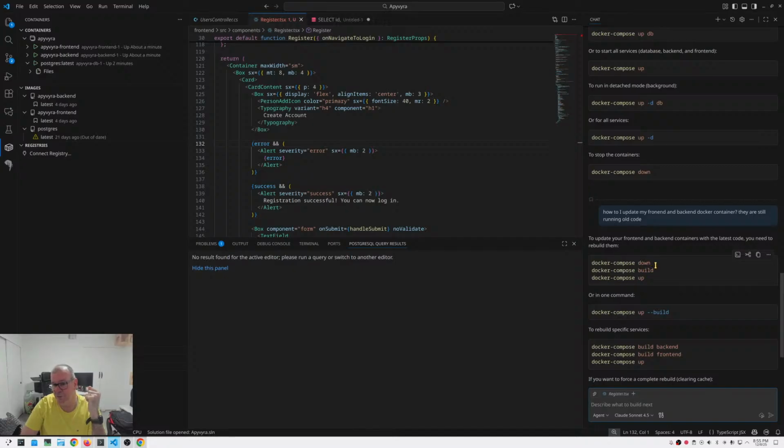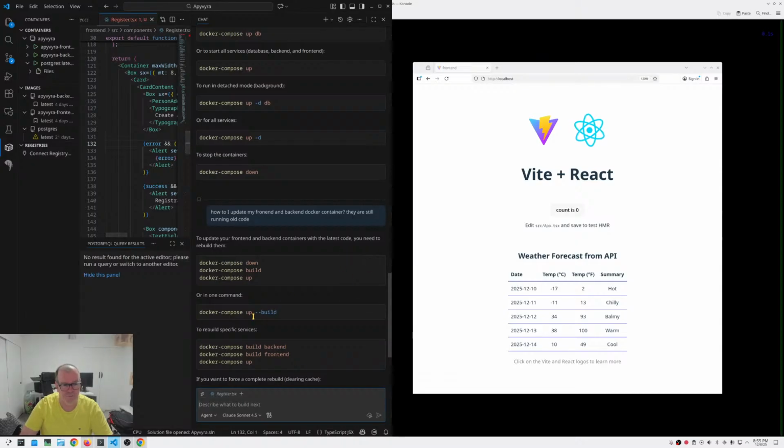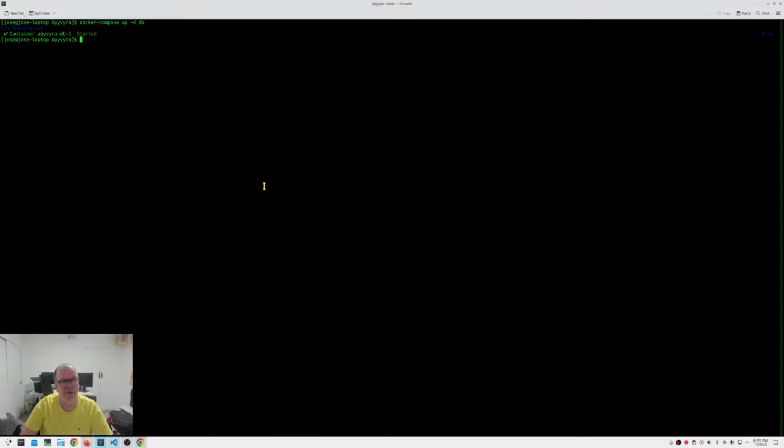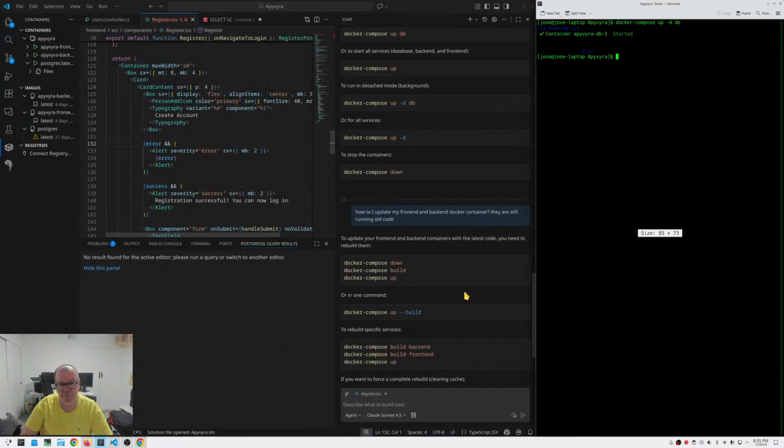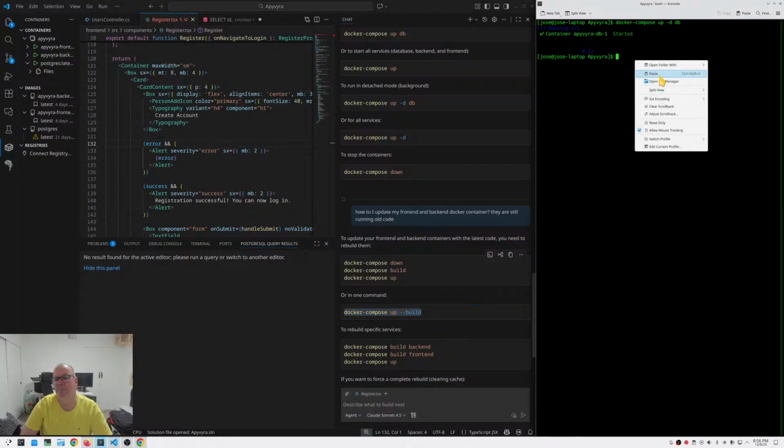So in theory, what I should do is, let me put side by side, so it's easy for us to copy and paste. I don't want to run all at the same time, because then it helps us to understand what is going on. Well, we could do this to stop building the app, or just one command. Let's see if this is going to do the trick. So you don't need to be doing paste and then